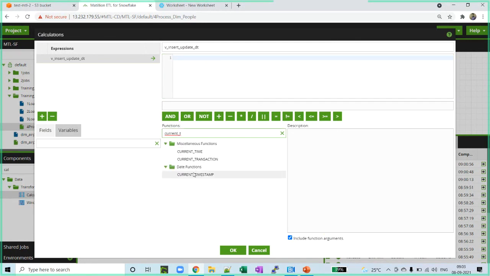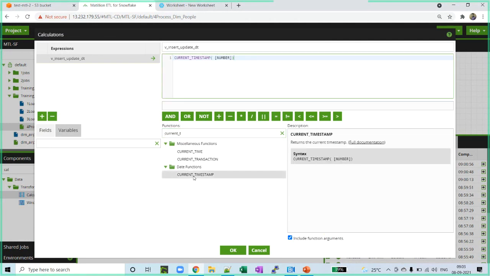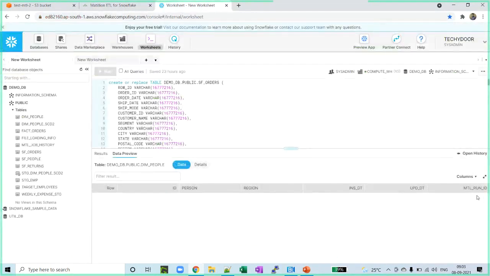Yeah, current timestamp. I can just double click here and it says number, but that is not compulsory. If I can just give it like this. Okay, so this I added. Another thing I will add is, if you see here, we need to add another audit column which is Matillion